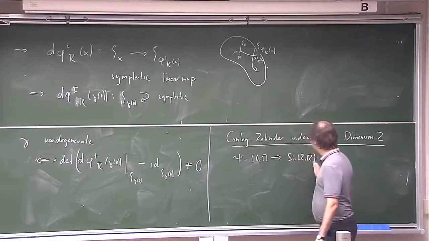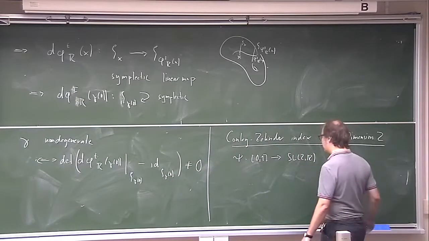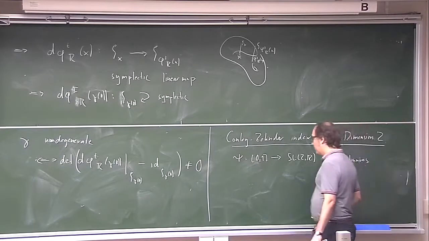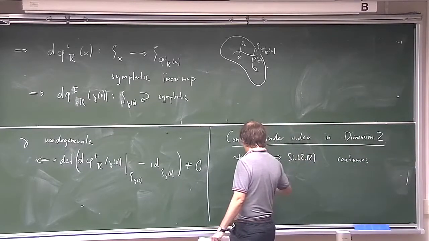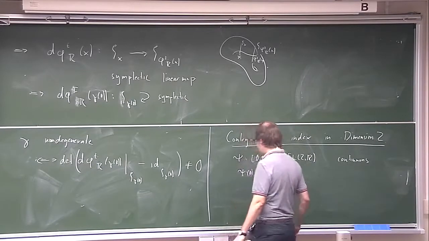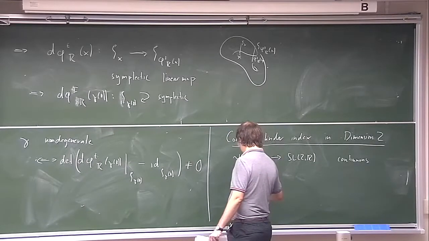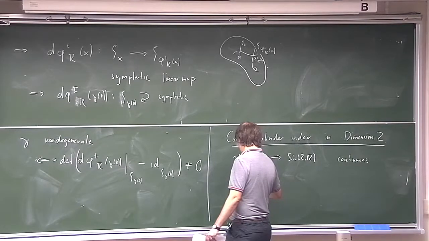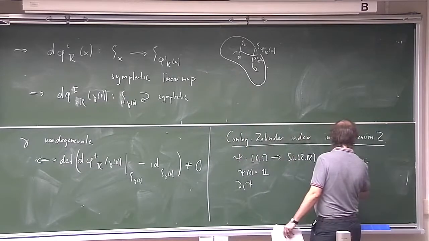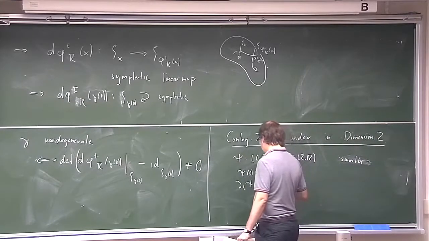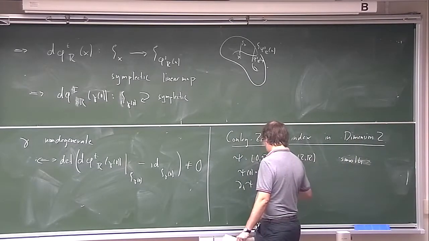So this is the linear symplectic group in dimension 1. This is some continuous path, and we start with psi of 0 being the identity. And we can also write d/dt psi. Maybe let's assume it's smooth. So we write d/dt psi equals